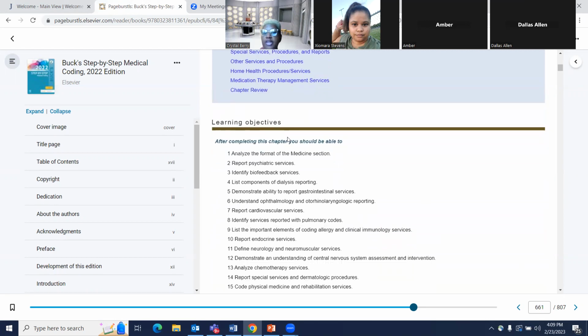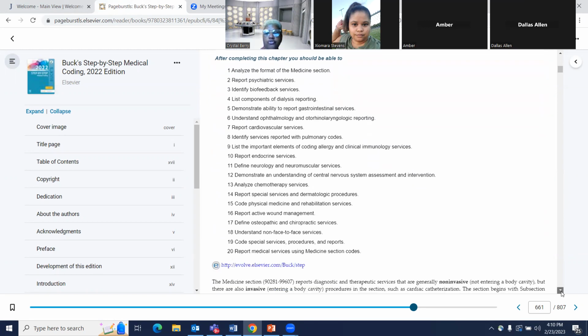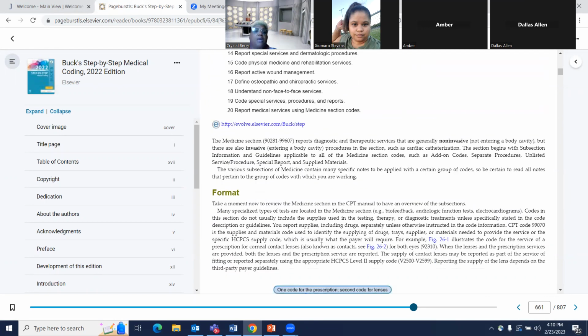It says your learning objectives: analyze the format of the medicine section, report psychiatric services, which I just covered. So we're going to go ahead into it. The medicine section is 90281 to 99607. So what I want to do today, in your CPT manual,